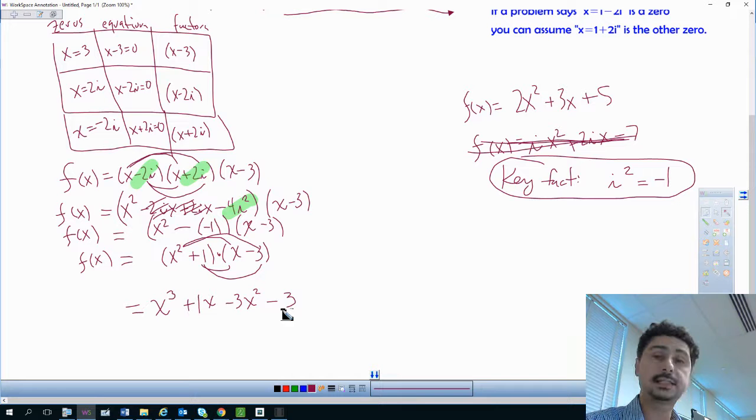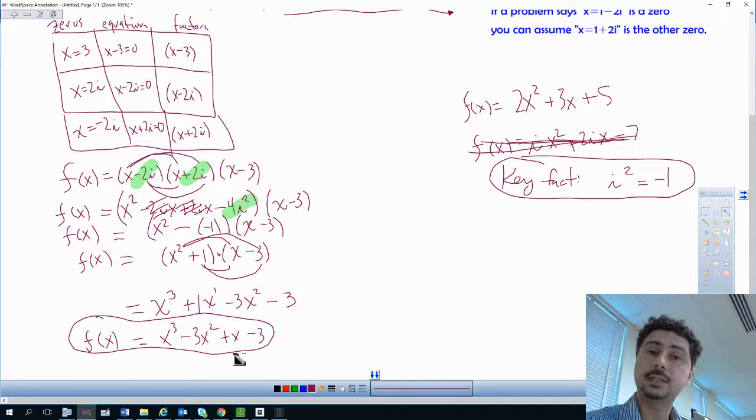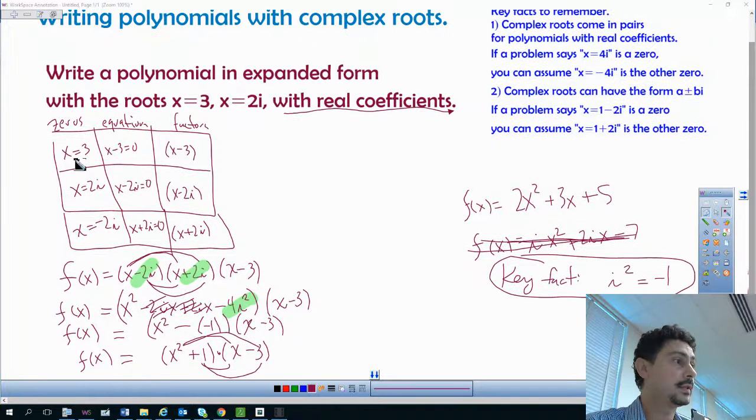Now, this is not in standard form. This is an expanded form. And the reason is because the powers are out of order. You want the powers in order. So our final answer is x cubed minus 3x squared plus x minus 3. And this is a polynomial in standard form that has the zeros x equals 3, x equals 2i, and needs the x equals -2i added in